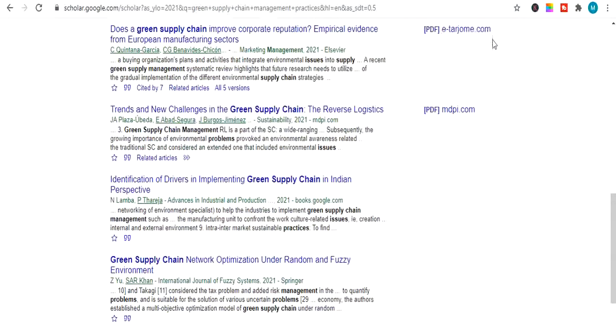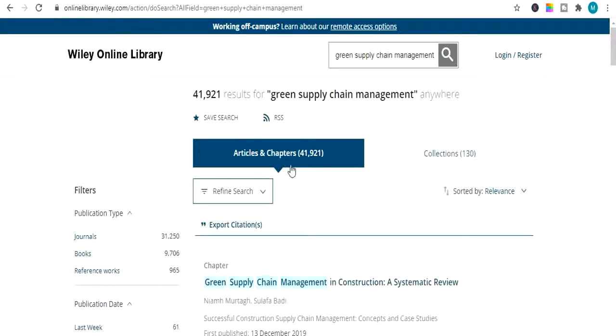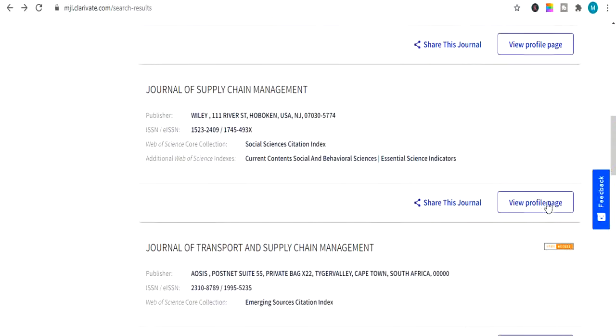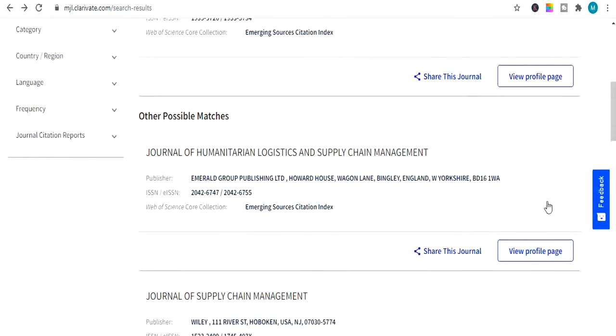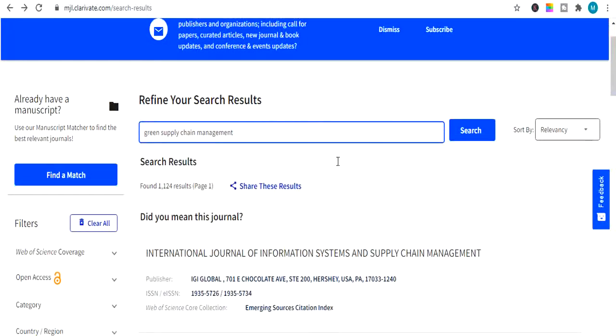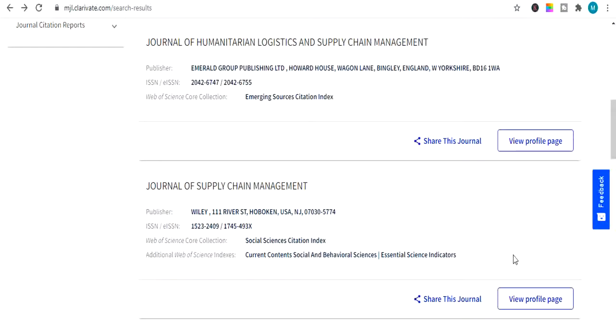So moving ahead, now I will show you one impact factor journal related to supply chain management. Sorry, there is green supply. If you want to find a good impact factor journal, then you should log into Web of Science, which is free, and type here and search, and you will find journal lists like this.